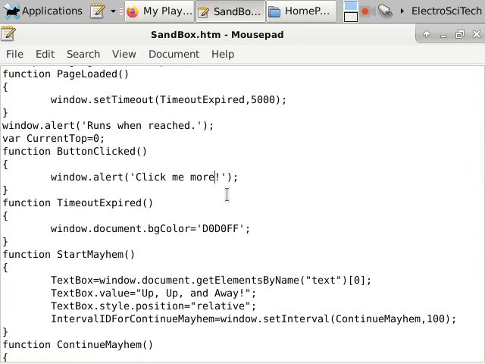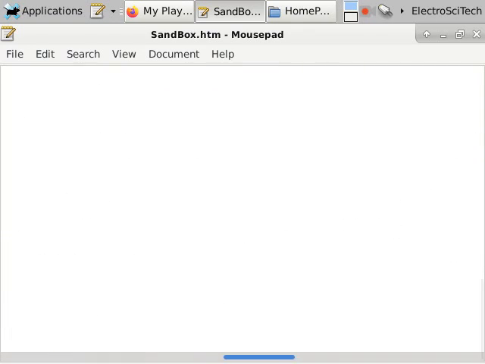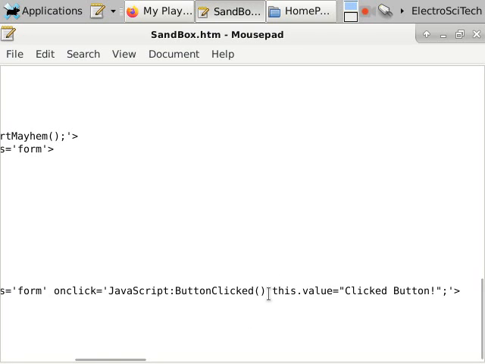Click me more. We can change that. But these alerts, they hold. They wait till the user has given whatever they're going to, it does whatever they're going to do with it. They wait till the user has acknowledged it. Then it will return. And then it allows this function to continue with whatever's in here. And until this function returns, down here at the bottom, this won't continue to the next line, which is to change that